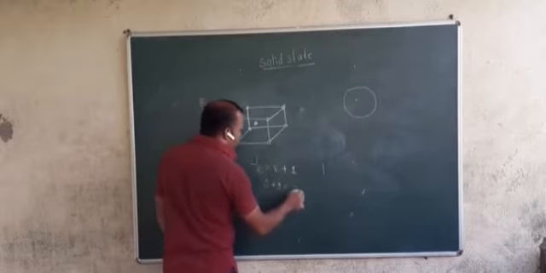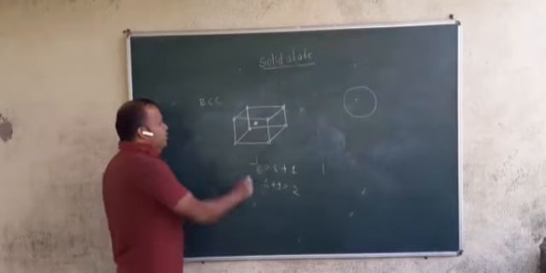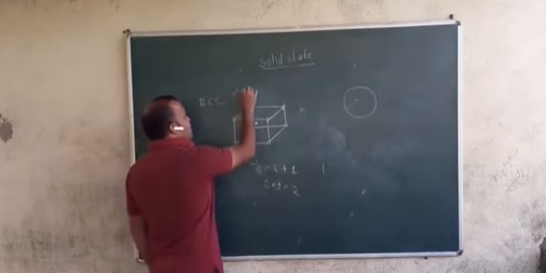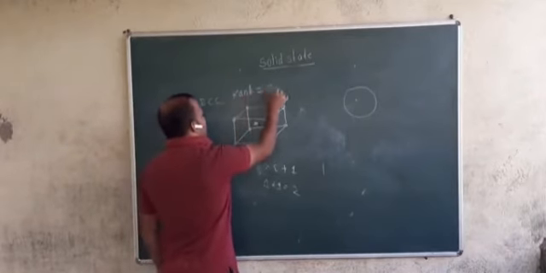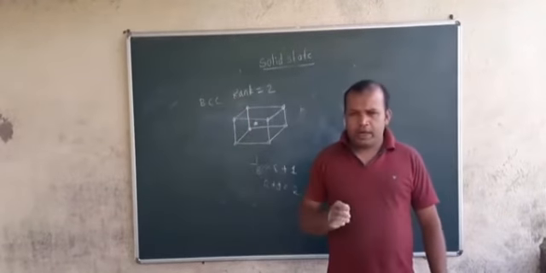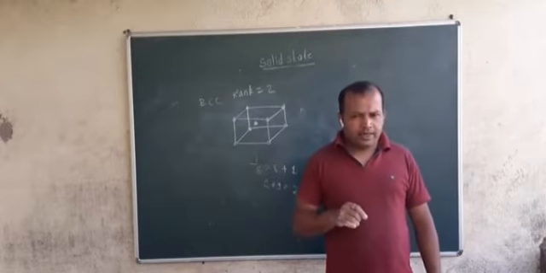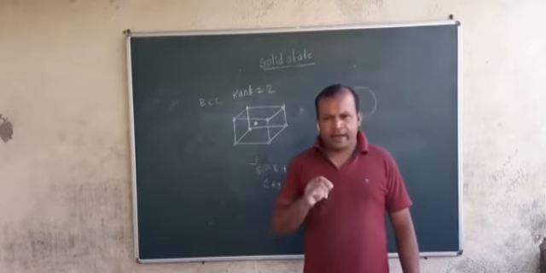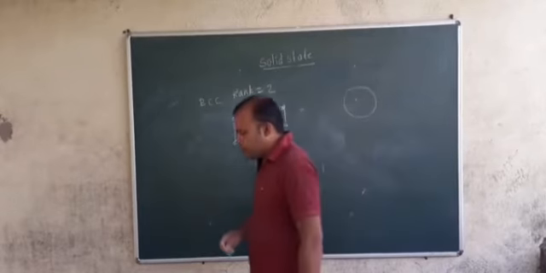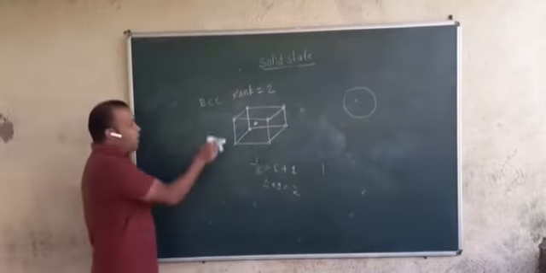So total how many circles can be formed? 2 circles can be formed. So if they ask you what is the rank of BCC, you'll say 2. How is the rank of BCC 2? 1/8 of 8 for the corners and 1 in the center. So in BCC rank is 2. Okay students. Now the third one,